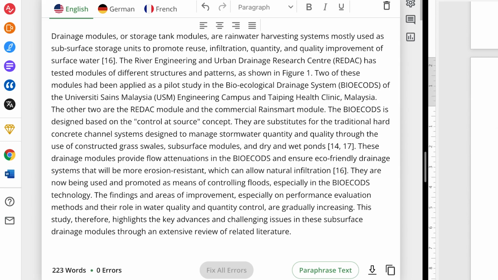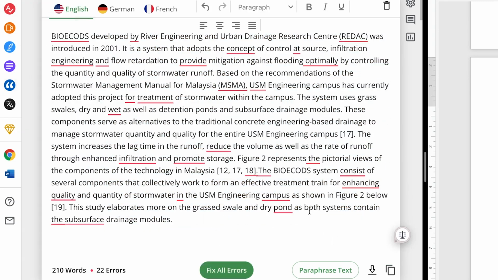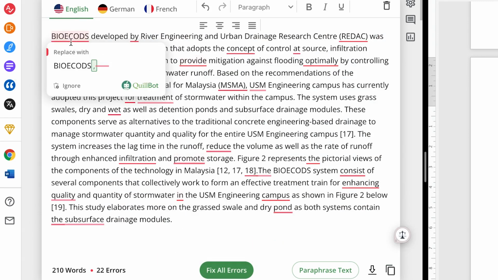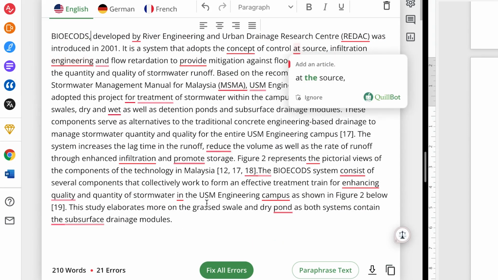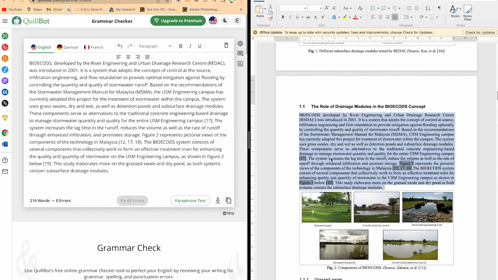So later on, like I said, you can deal with the formatting and all that. So you can just copy and paste, and you can just give it some seconds. You can see it has highlighted all the errors. You can just come over and you can do them. You can just correct also with one click, and everything is now corrected. So you can copy back here and just paste.